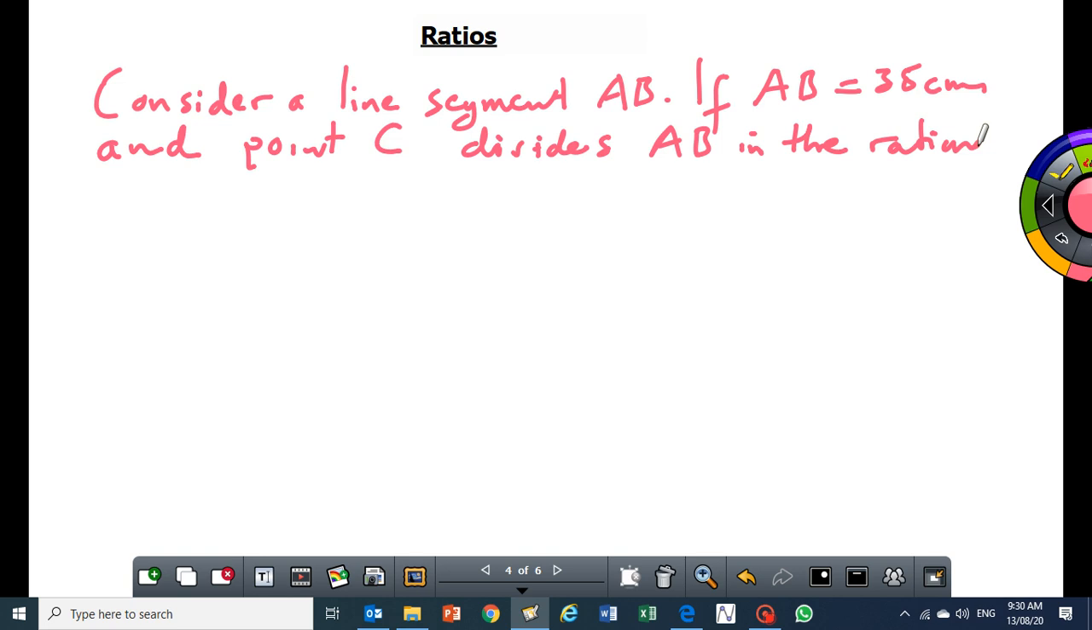Okay, let's call it AC is to CB in the ratio, equal to say 4